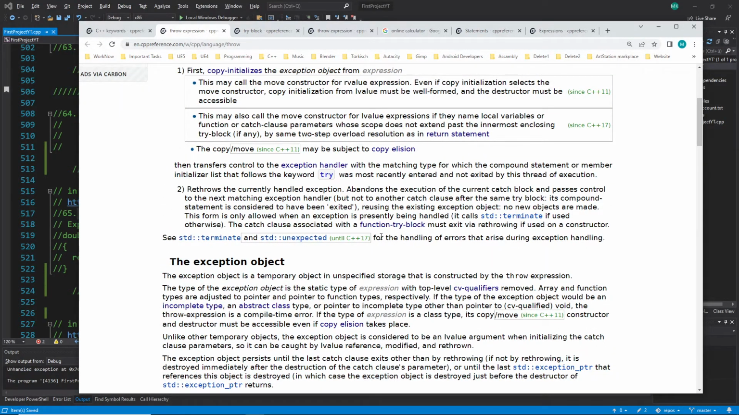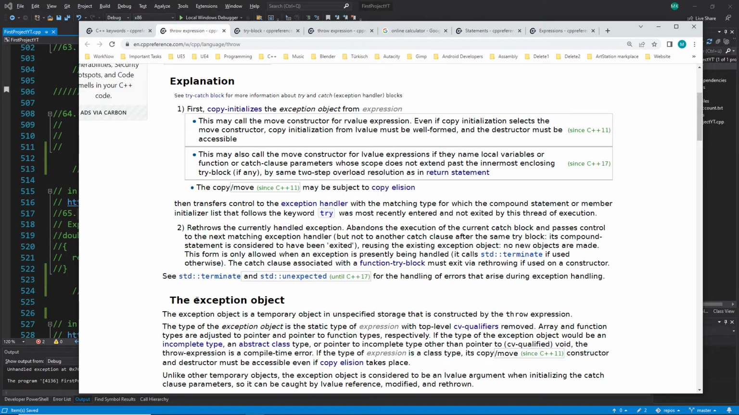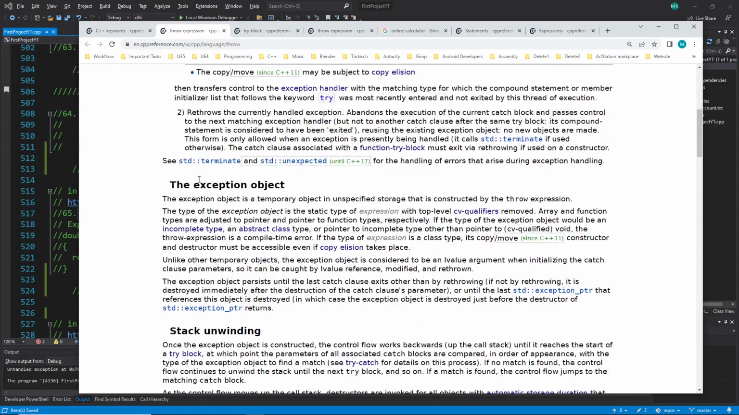I think I will just leave it with this one, which means this expression here will be used later for execution and the error handler. We need this expression for this error handler later, and they call this one the exception object in our case. And here it says again the type of the exception object is the static type of the expression here,